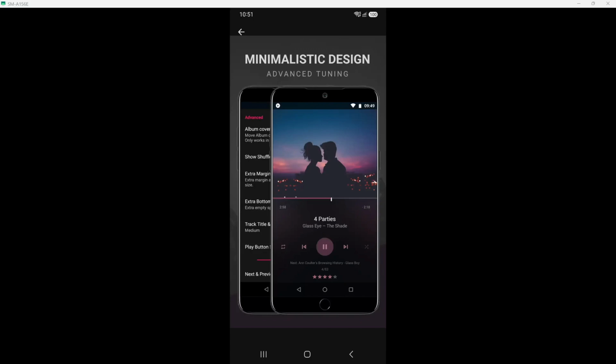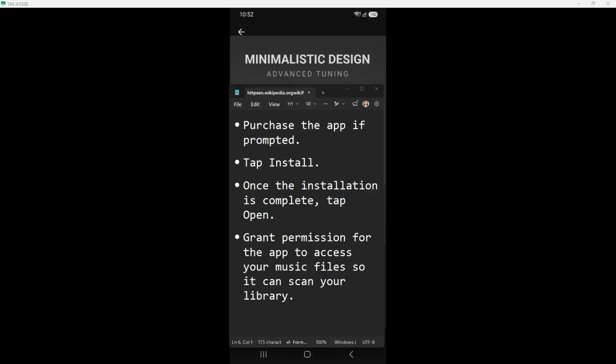Once the installation is complete, tap Open. This action will launch the Black Player EX app for the first time. You may be greeted with a welcome screen that provides a brief overview of the features available. It's exciting to see everything set up and ready for you to use. The app's interface is designed to be user-friendly and intuitive, ensuring you can navigate it with ease. With just one tap, you are now entering a world of music management and playback.